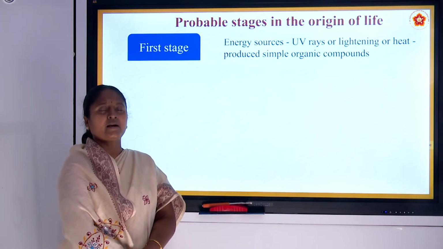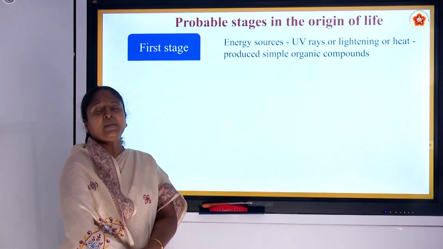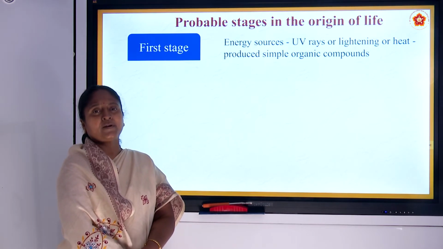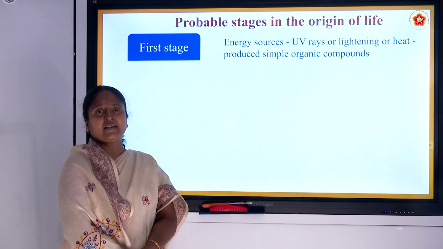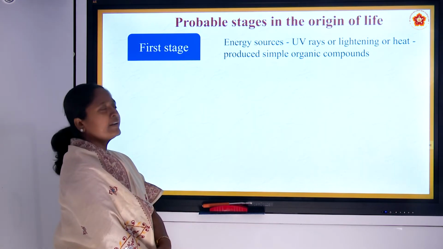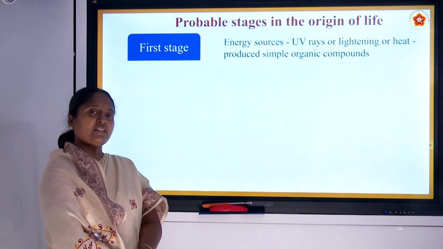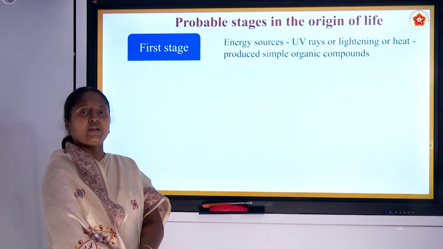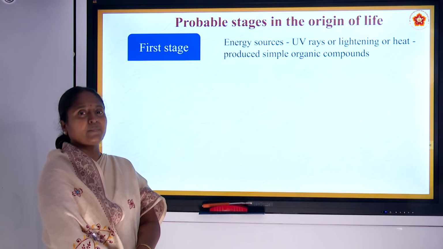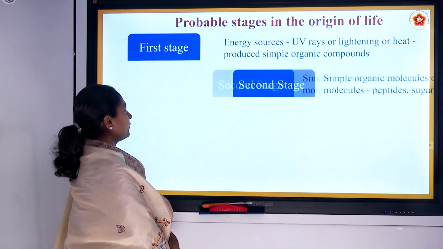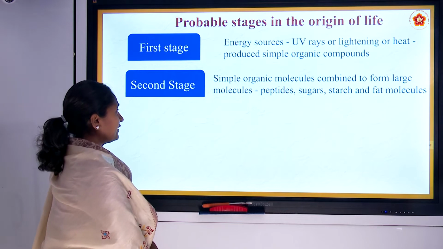Where are these organic compounds coming from? They come from the methane which was present, right, in the primordial soup. So, it is a carbon-containing compound, and from that the organic compounds started originating. When it combines with ammonia, it forms purine and pyrimidine, that is the nitrogen bases, right, which also have formed. Then in the second stage what happened?